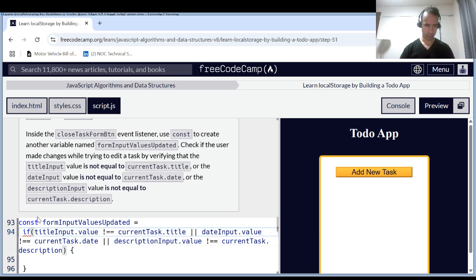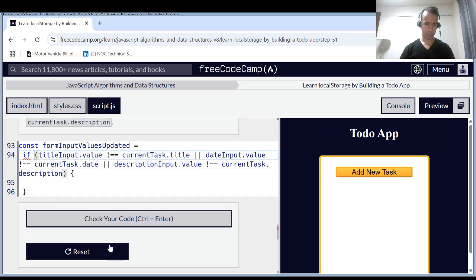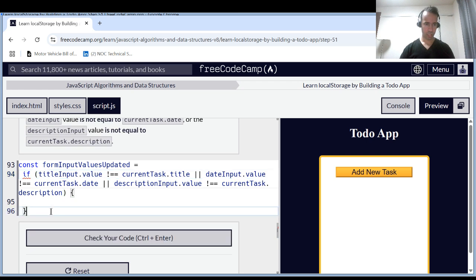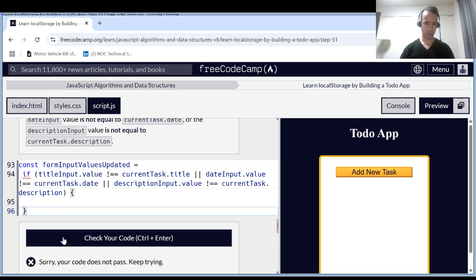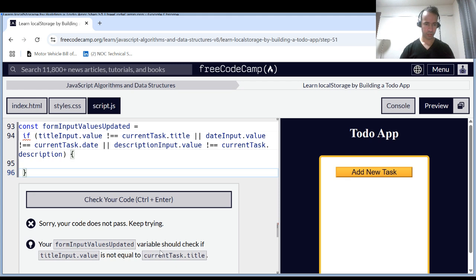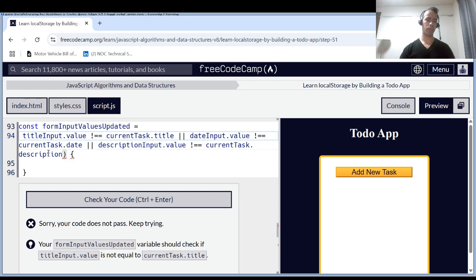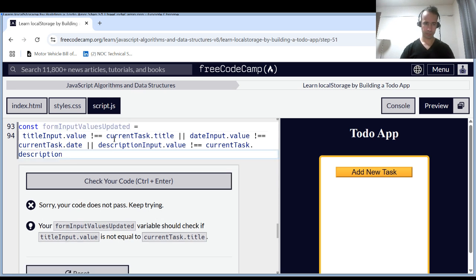It's gonna create a variable that's gonna check if this, that, right? So you just want a Boolean result from the variable. Okay, I understand. So if any of this is true,